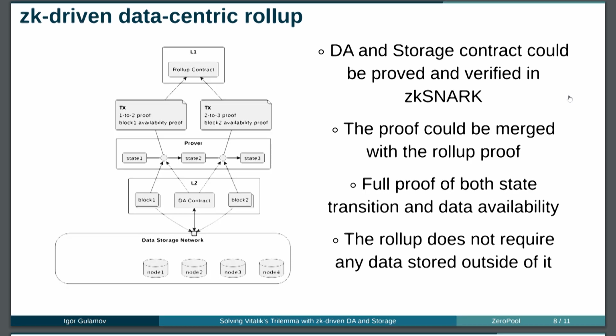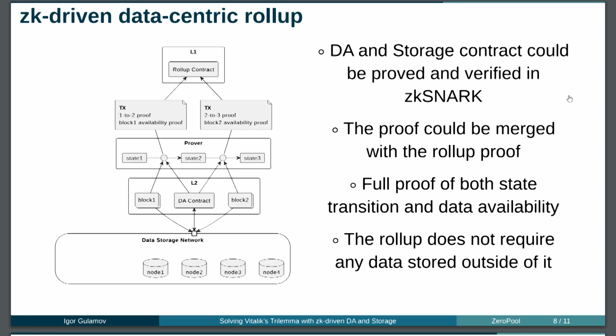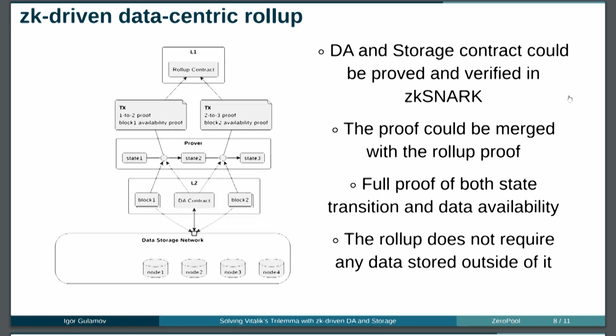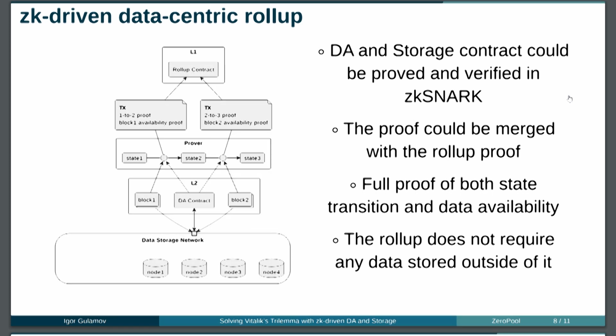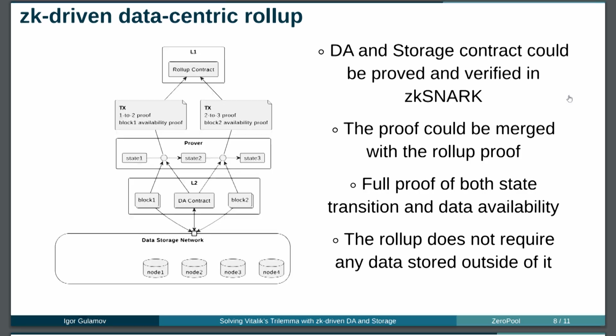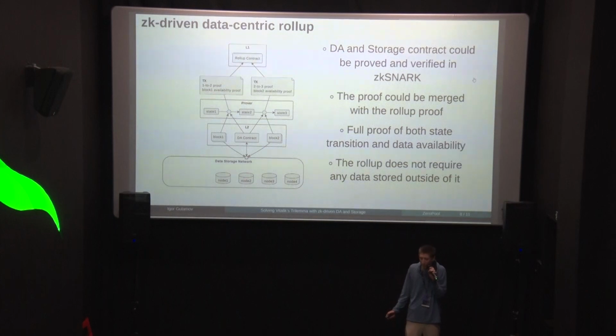The main solution here is that recursion is unlocked. Why? Because if we provide on rollup level data availability and execution proofs, then we can deploy rollups inside rollups, and no data floating up to L1, and we can deploy rollups inside rollups as many times as we need.